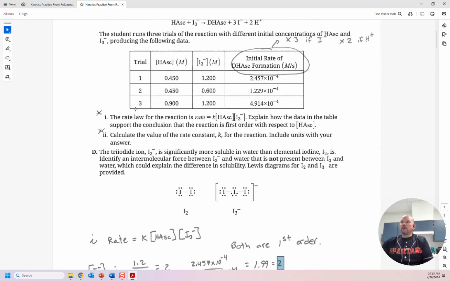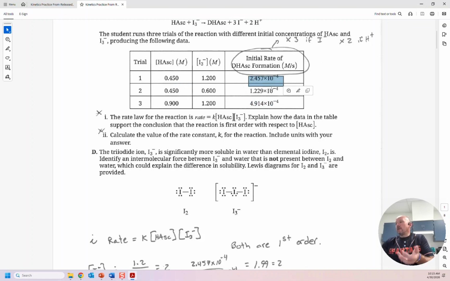So the same thing we would do with this one, but the two trials we would have to look at are trials 1 and trial 3, because those are the trials where we changed this amount but kept the other reactant the same, 1.2 and 1.2. So what I would do, and I like to do big number divided by small number when I'm doing this. So I'm not going to do this number divided by this number. I'm going to go ahead and do this number divided by that number, and then this number divided by that